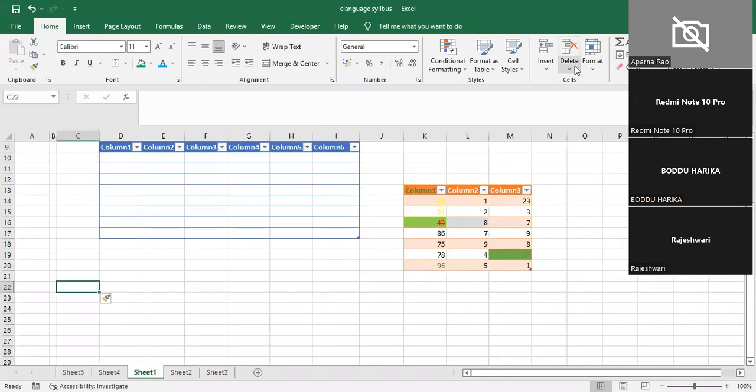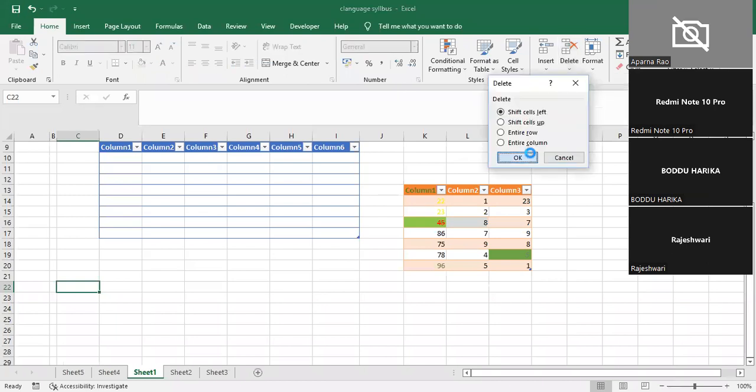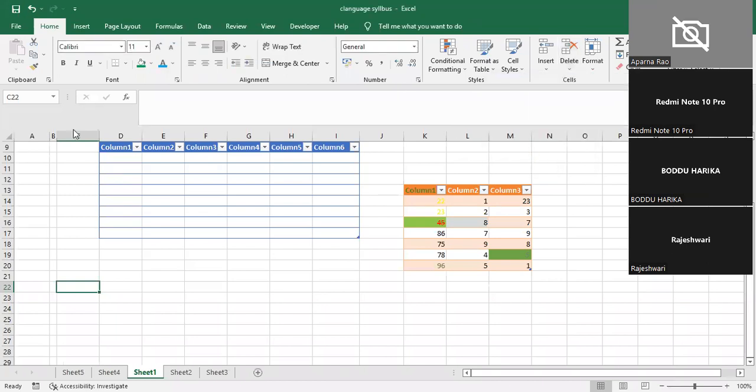Okay. So delete. The delete option is used to delete the cell. Delete will be deleting. Where am I now? I am at 22, right? See, delete. After the delete, the page will be refreshed automatically. Okay,